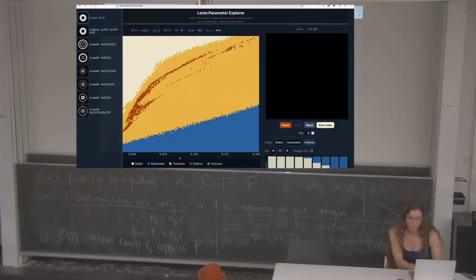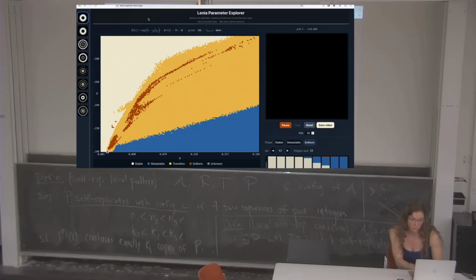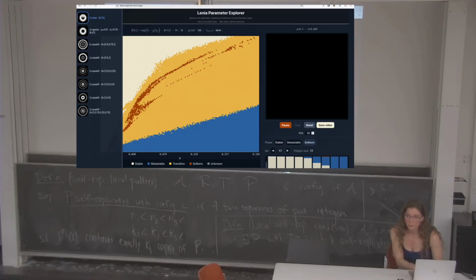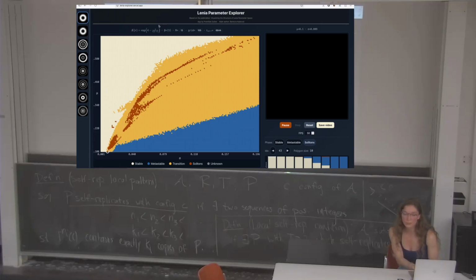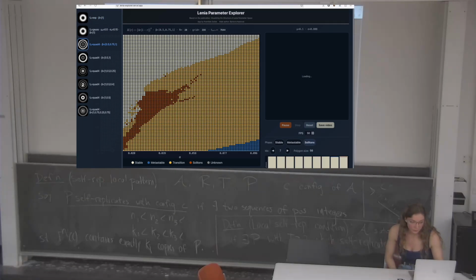This is just some simple numerical experiments I did. So here I just fix a particular kernel. Once I do that, the only freedom I have is over the growth function, which is naturally parameterized just by the mu and sigma, which is the mean and the standard deviation of the Gaussian bump, which is exactly the x and y axis. And what I, for instance, noticed is that even if you look at different kernels,